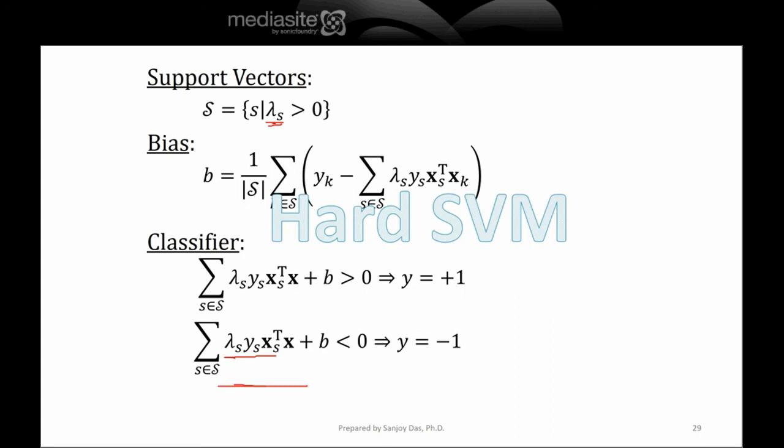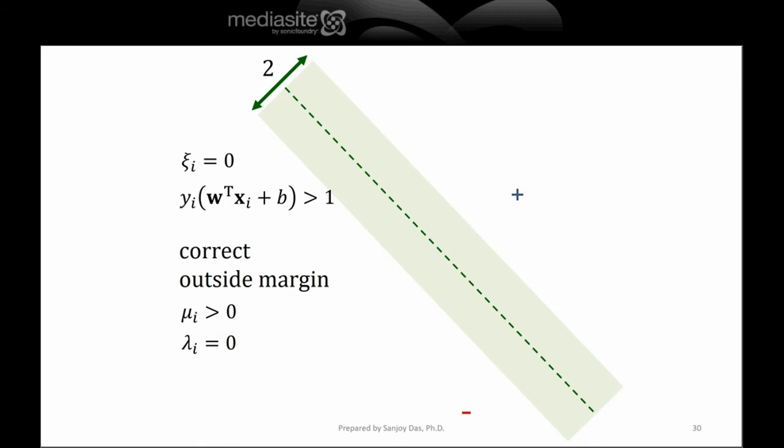But the bias has to be computed in a slightly different manner. So let's see. Like I said, the support vectors are the ones for which lambda s is greater than 0. Now for this set of points shown here,